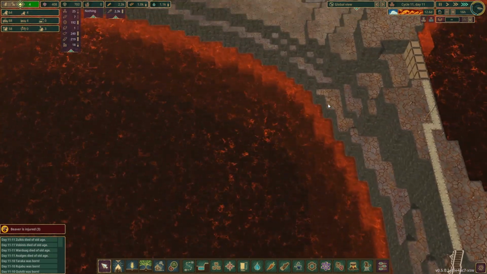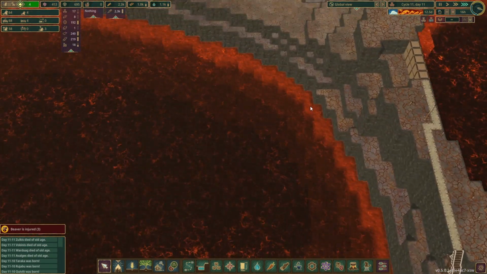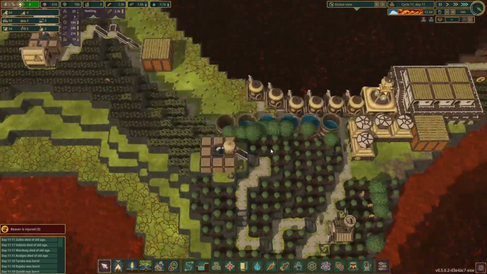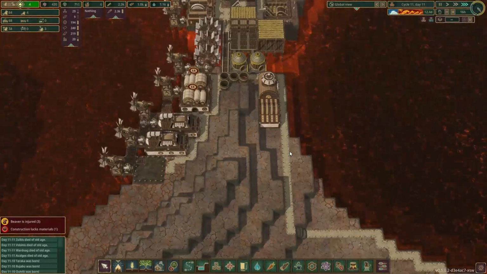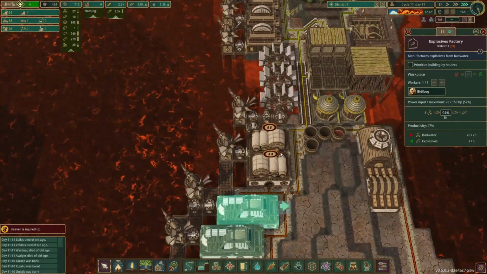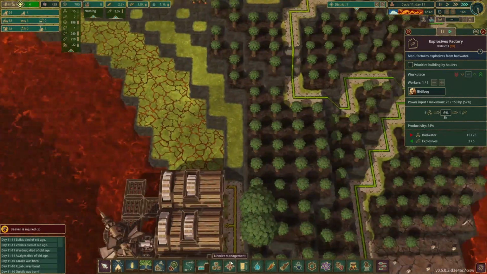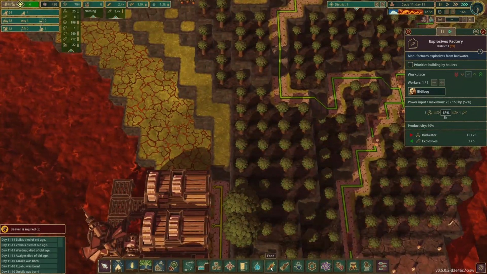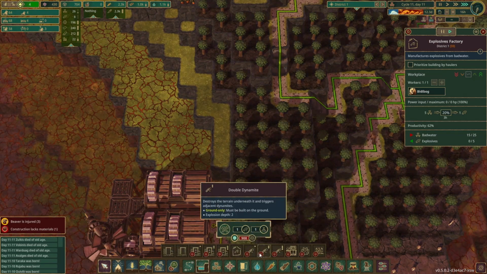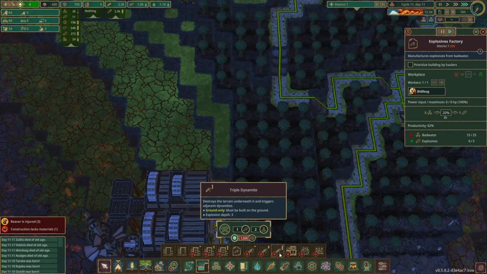Right, how are we doing? We're still above the third. Water's going back up, food staying stable. Dynamite is getting built. So we can go landscaping. Oh right, okay. So these all use one dynamite, but to make a triple dynamite you need...